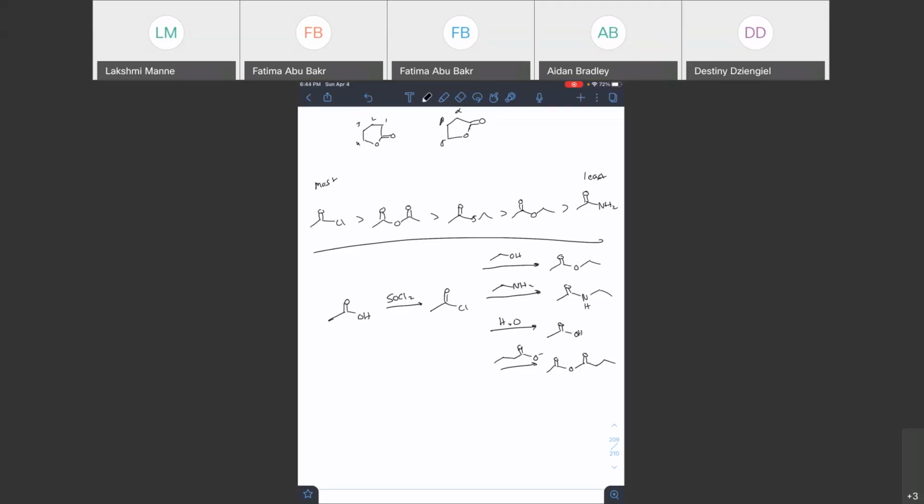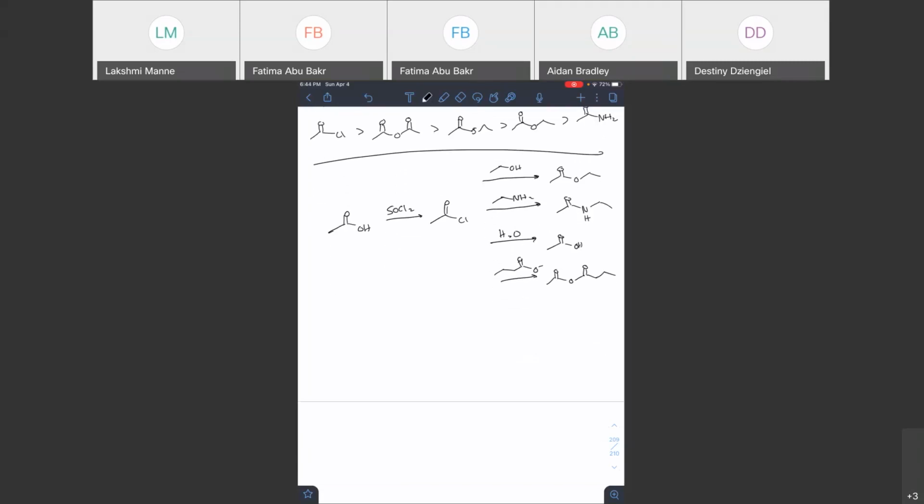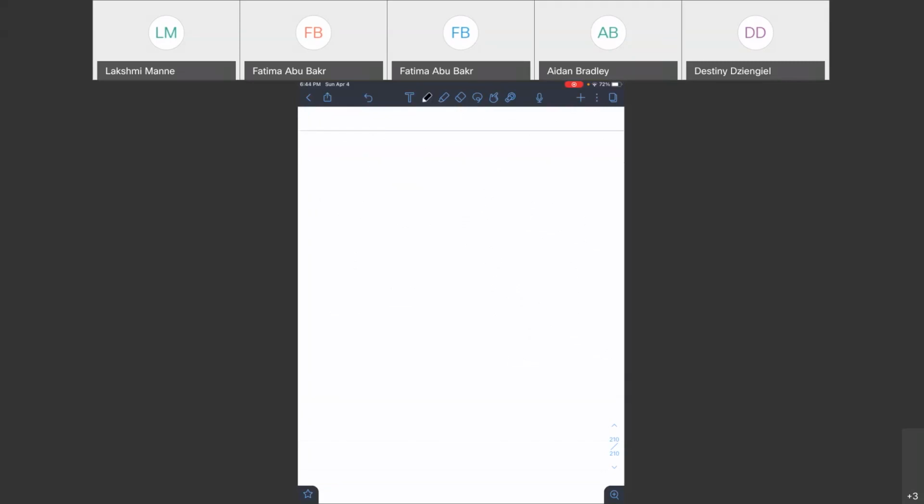Now let's move on to the acid anhydride. Basically we're going to be talking a little more about this guy right here. What can this do? How can we use it? There are actually 3 different things we could do with it. The first one is to react it with another alcohol. And what the alcohol is going to do